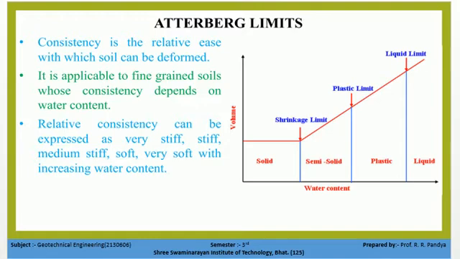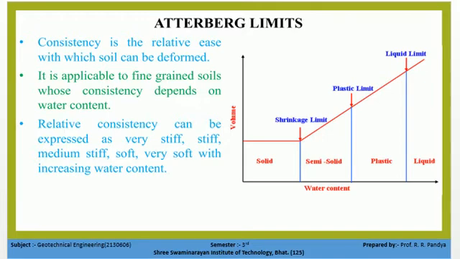Silt and clay have minerals which can react with the water. Now, relative consistency can be expressed as very stiff, medium stiff, soft and very soft with increasing water content in the soil mass. So here you can see the figure